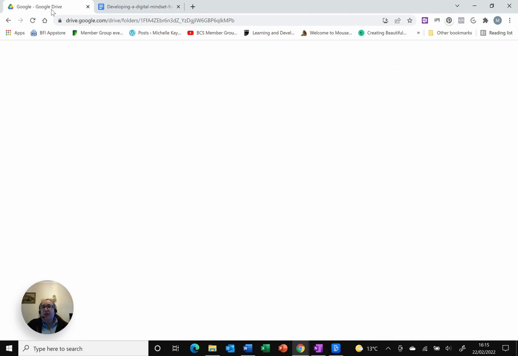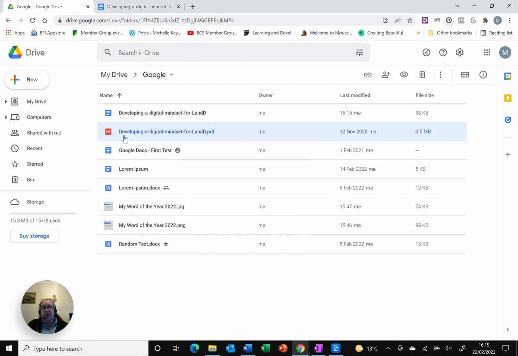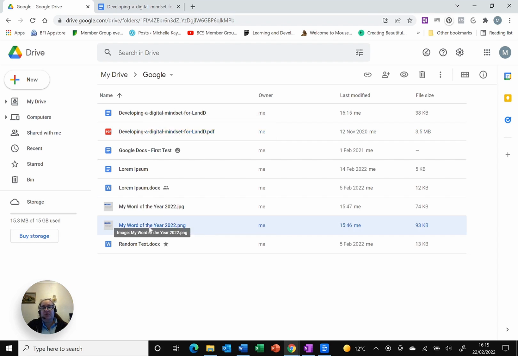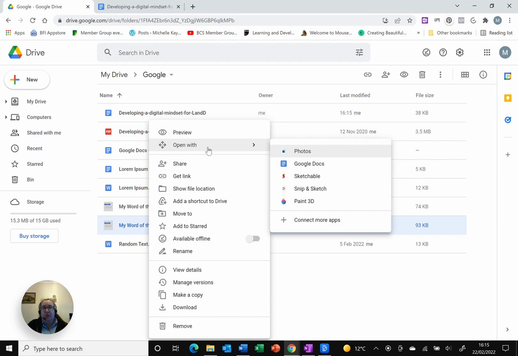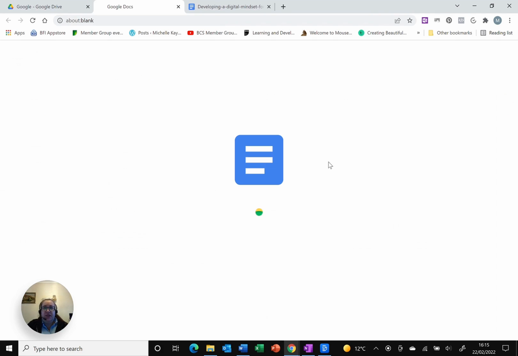Let's go back, because don't forget I said you could do this with images. So here are a couple of images. You'll notice I've got a JPEG and a PNG. They're the same document, but again, all I need to do is right click on it, open with. It gives me various options, but I'm going to choose Google Docs, and it opens up, creates a new document for me,